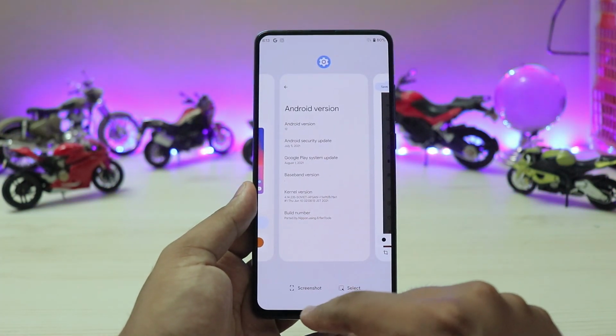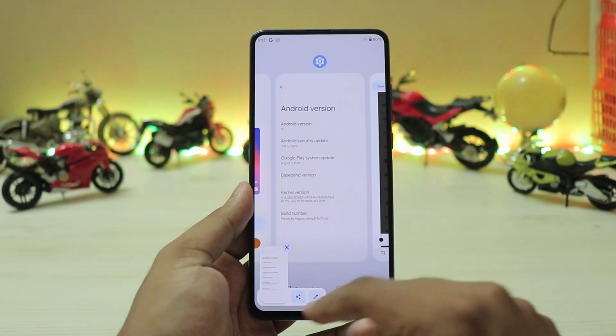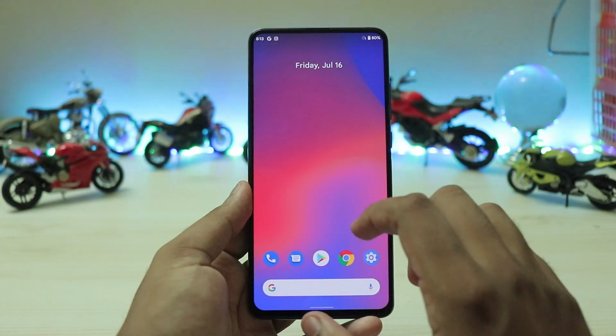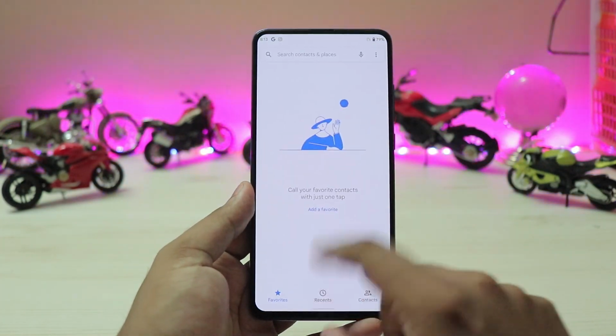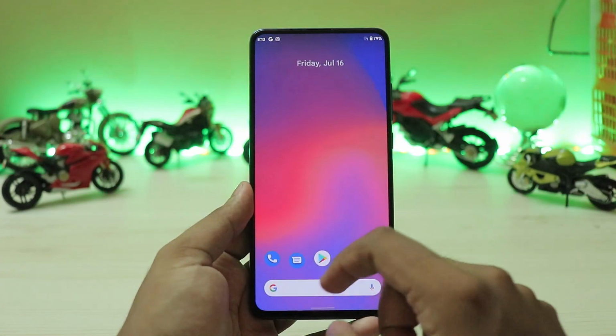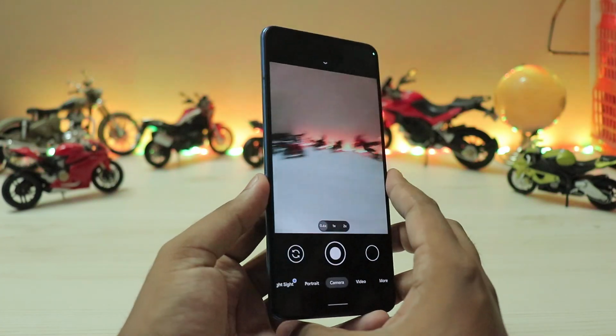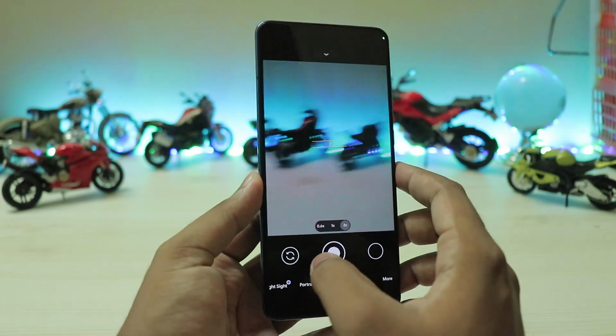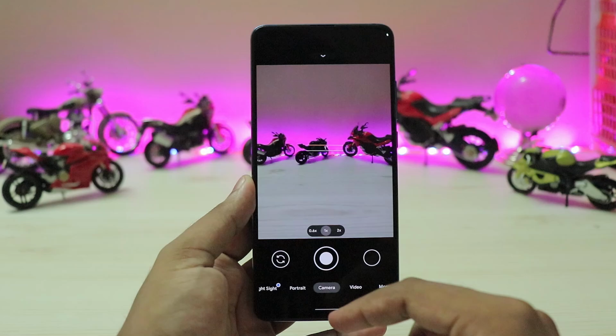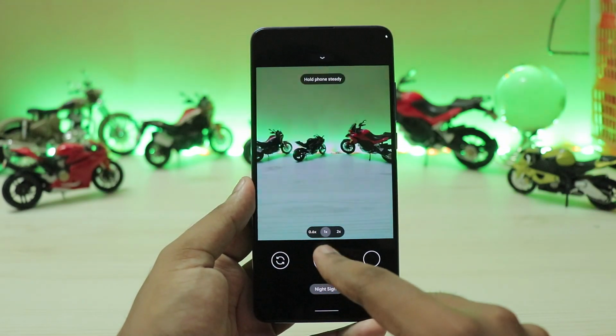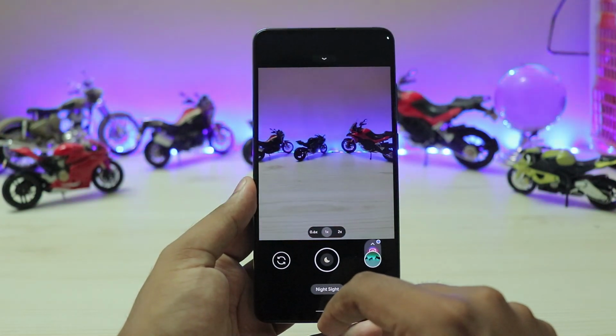Again, you can screenshot it right over here, even with Snapchat, and it won't let the next person know. Again, the app opening speeds and everything is just fine. Even with the Gcam, if you have auxiliary cameras, that should be working great. As you can see, ultra wide and telephoto just work fine. Again, the camera switching is very good, even with Night Sight. There you go, completely works fine.